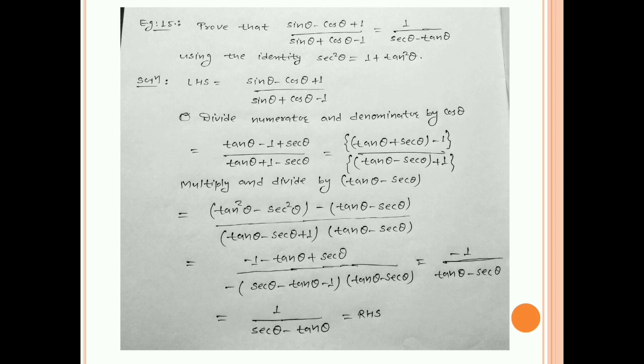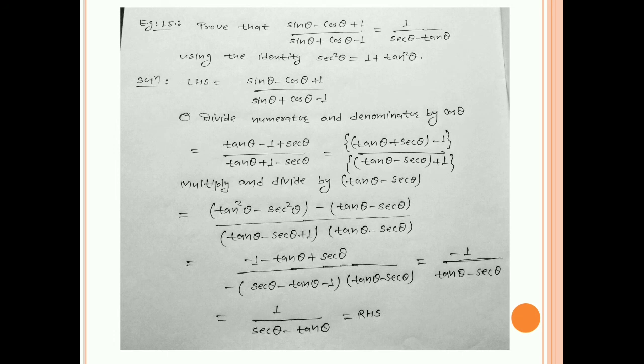Now if we divide numerator and denominator by cos theta, then we will get sin theta upon cos theta, which is tan theta, minus cos upon cos which is 1, plus 1 upon cos theta which is sec theta. Similarly, in the denominator we will get tan theta plus 1 minus sec theta. So we can rearrange it as (tan theta plus sec theta minus 1) upon (tan theta minus sec theta plus 1). Now if we multiply and divide the above expression by tan theta minus sec theta,